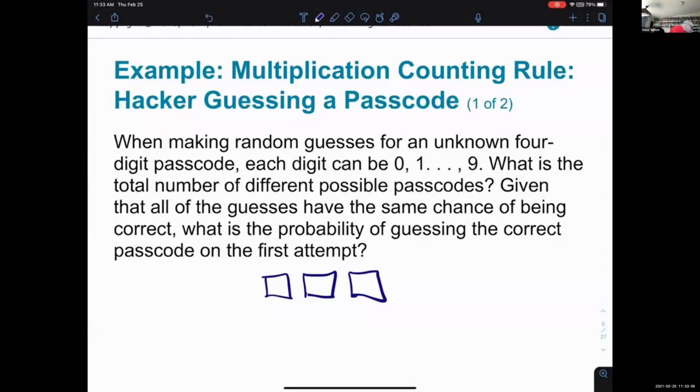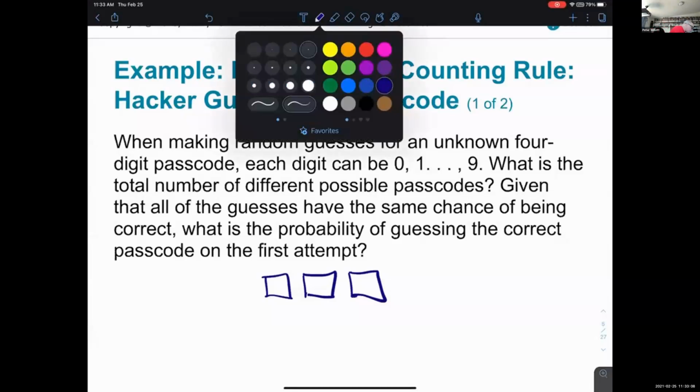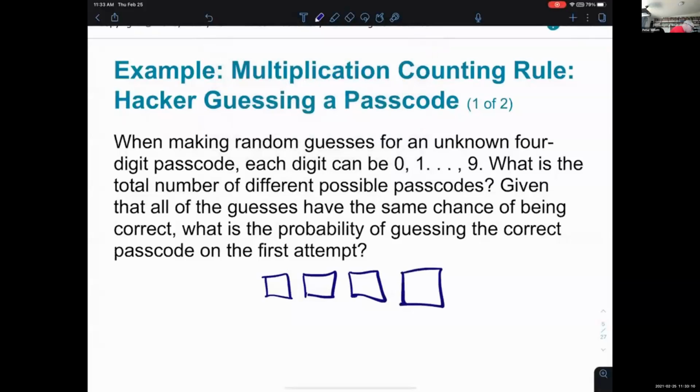When I'm trying to imagine the different ways that a succession of events can occur, not necessarily will each of those events always have the same number of ways that it can occur. And so to have a quick way to illustrate the idea and organize work for the multiplication concept here, you can imagine this as a succession of choices. And each one I write as a box. And then I can fill in each of those boxes with the number of ways that that choice could be made. In this case, they're all the same, but I can say there's 10 ways to pick the first number,